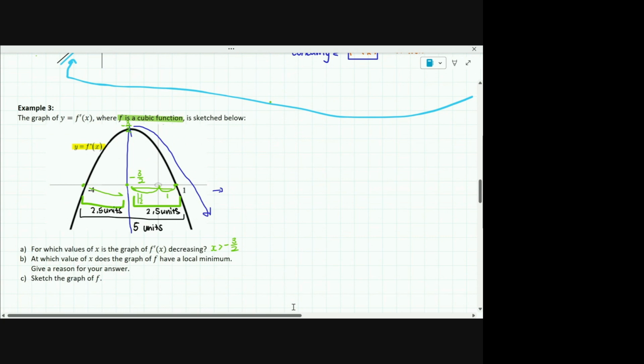All right, question B asks, at which value